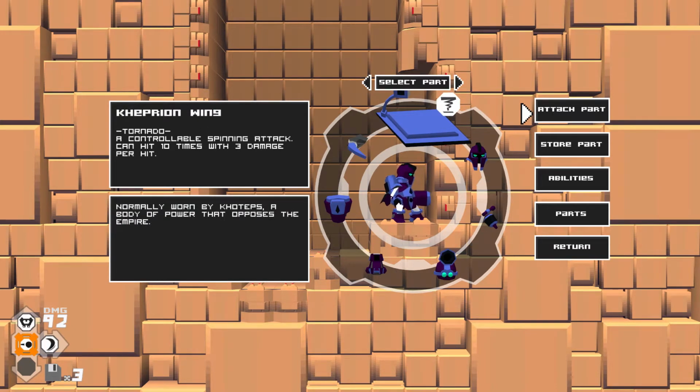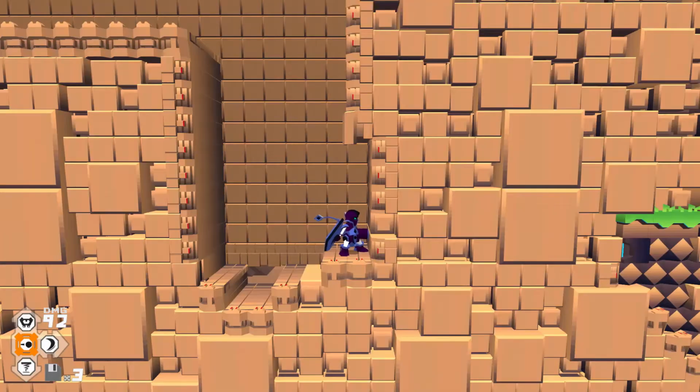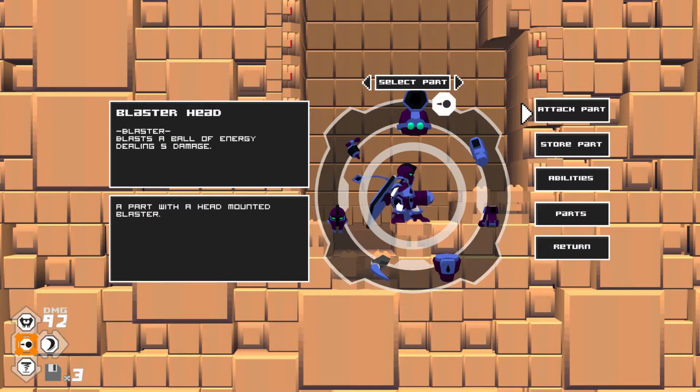Alright. Control spinning attack. That looks actually kind of awesome. So I'm just going to put that on the shoulder right there. And put that on the tornado. And as you can directly see, suddenly I have wings. The beauty of this customization is that you directly get your robot look presented to you in the actual live